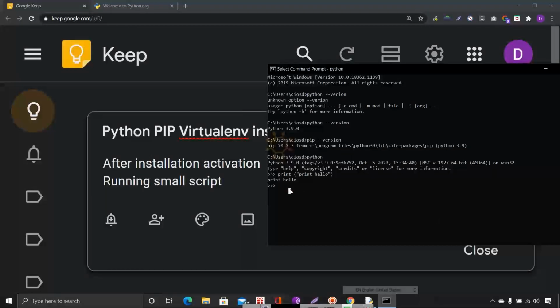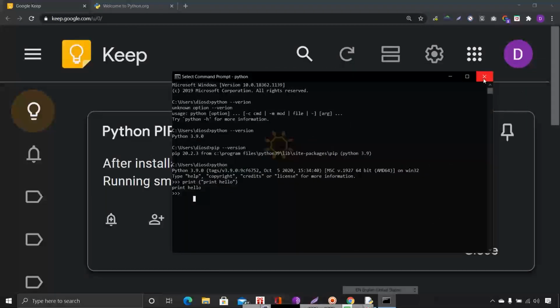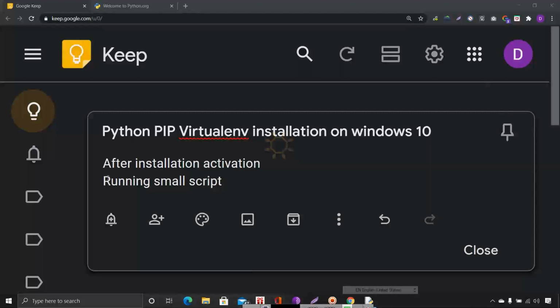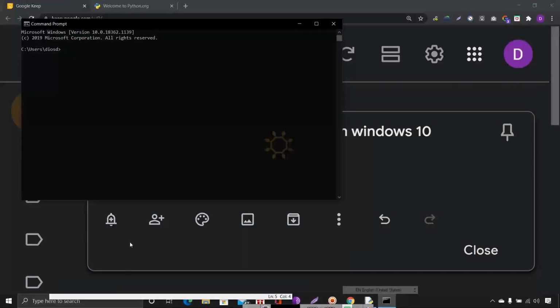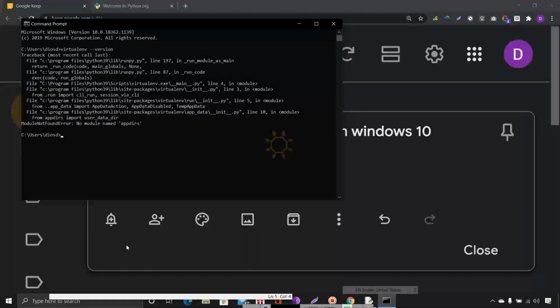Now we are going to install virtualenv. Before that, we will check whether virtualenv is there or not. Type virtualenv --version. Here you can see a module not found error.